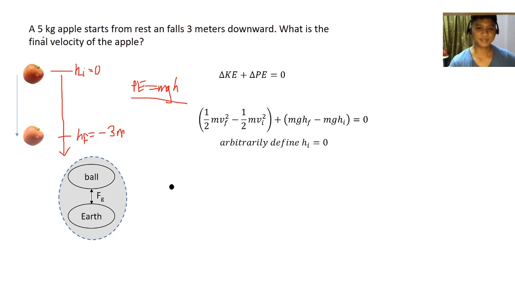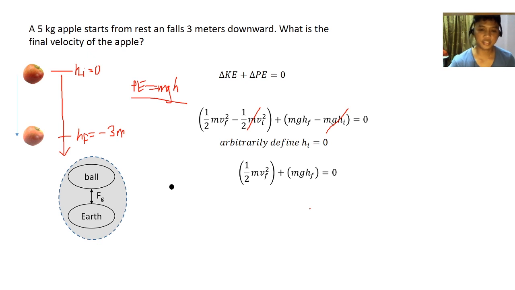Okay, let's proceed. As I mentioned, I arbitrarily defined where my hi equals 0 is, and in this problem, I chose it to be the starting point of the apple. What happened here? The 1/2 m vi squared cancels because the apple started from rest. The m g hi cancels because hi equals 0. So we are left with these two